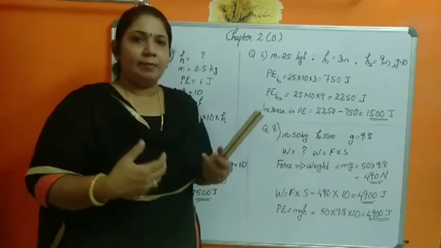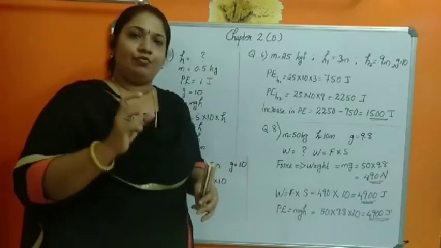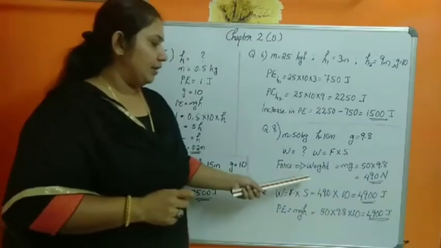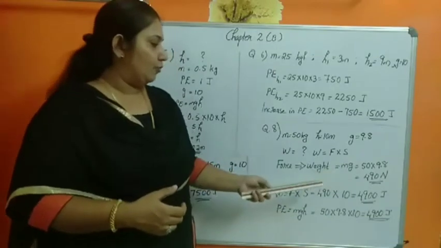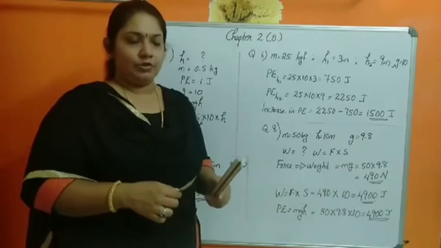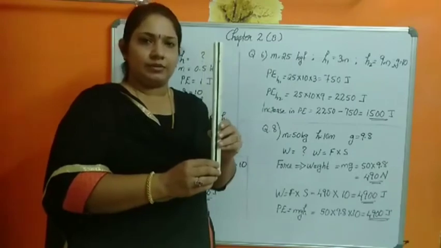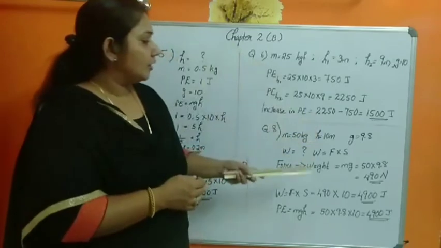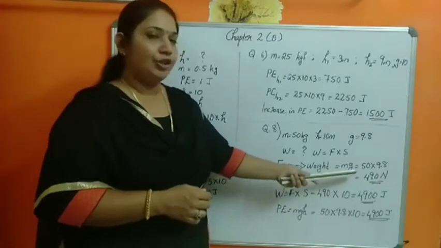See, when I am standing, my weight is acting as a force in the downward direction. So we can say that weight and force are same. So we can say force implies it's the weight. And the formula for calculating the weight is W is equal to mg. Mass into gravity is its weight. Here you can see this is a scale. It has a space to occupy in this universe. Mass is something or anything which can occupy space. So here you can see force is the weight and weight is mass into gravity.